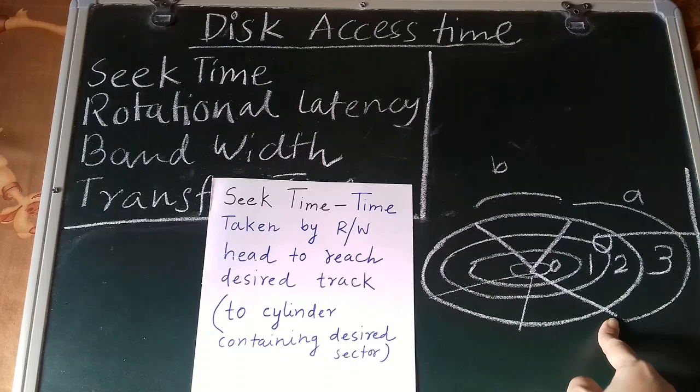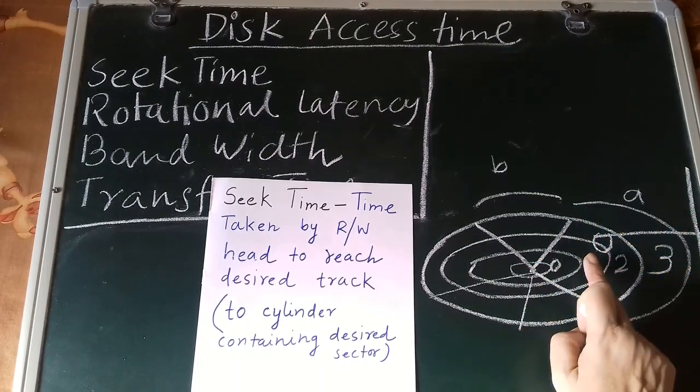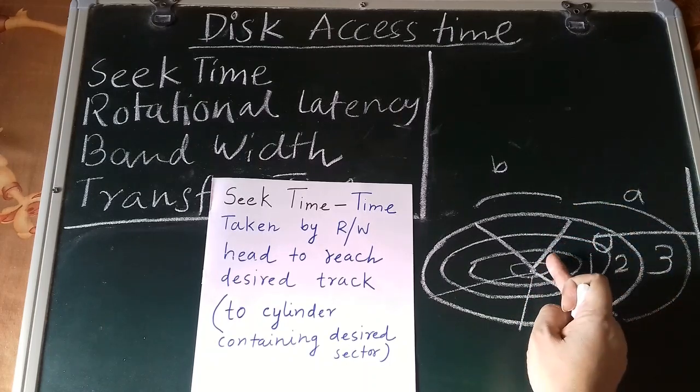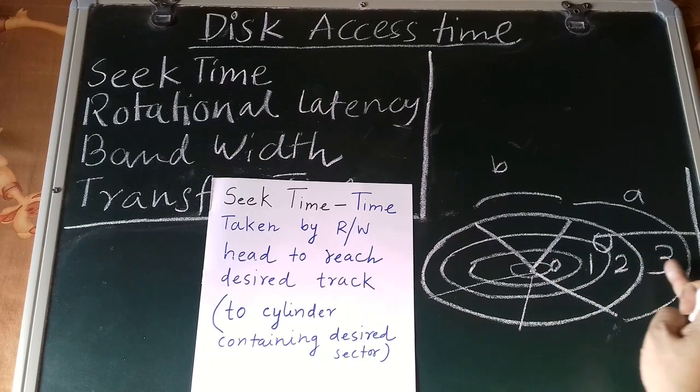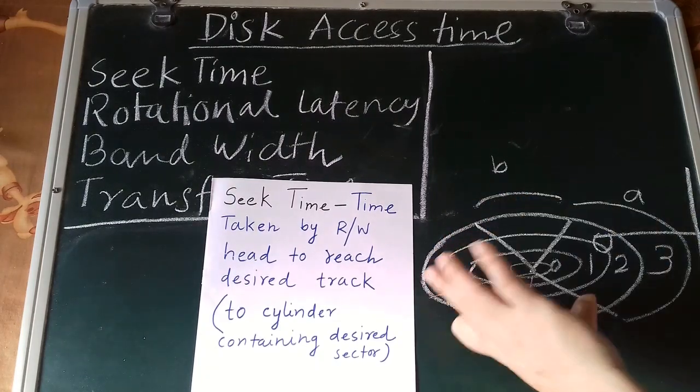The main way read-write happens is that one sector will be in front of the read-write head. So for sector A, tracks 0, 1, 2, 3 will be read or written, then